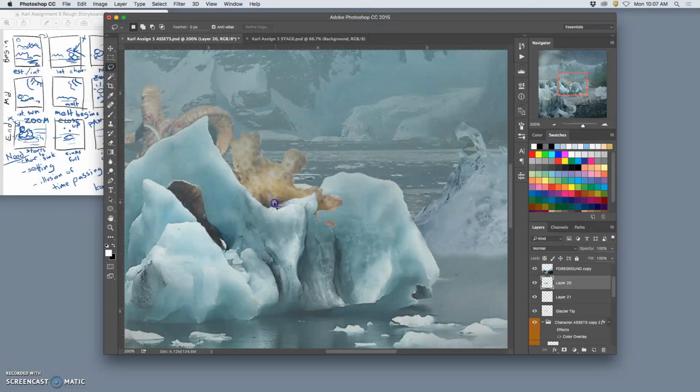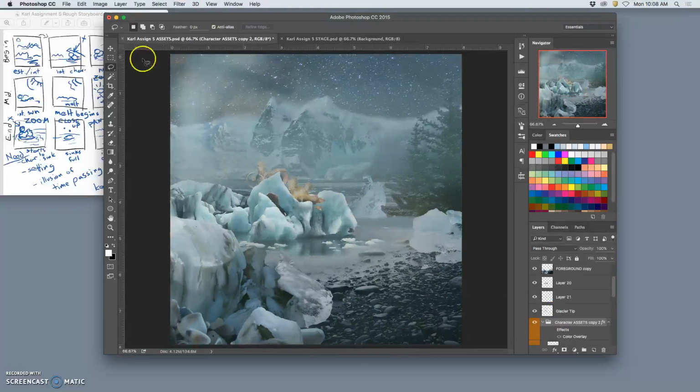So this is the great thing about moving selections, that trick we learned when we cut out the clouds. I can cut out a shape and then move that through the layers. So for instance, like that. I can delete that from that layer, I can delete it from the one underneath, I can delete it from this one. And now let me see if my character will be able to move onto this ice floe in a believable way. Yes, pretty good. Good enough for